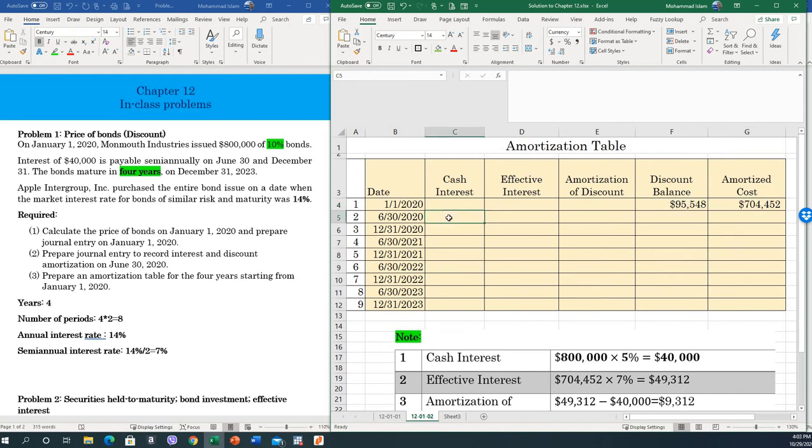This one is the effective, sorry, cash interest. So it should be equal to, say, 800,000 multiplied by 5%. Okay, so 40,000, and so it should be 40,000 always. And the effective interest is equal to this amount multiplied by 0.07. Okay, so this, and amortization of discount